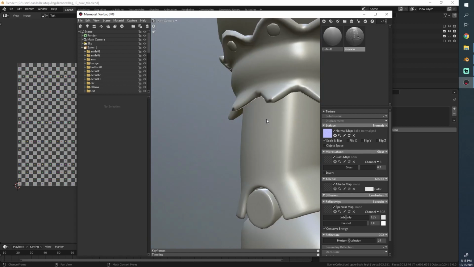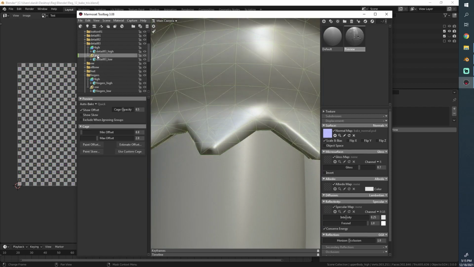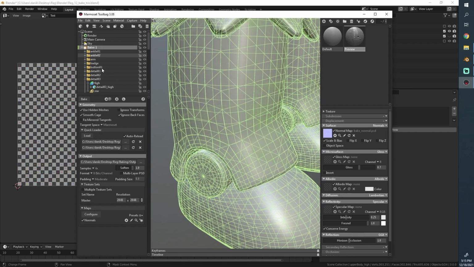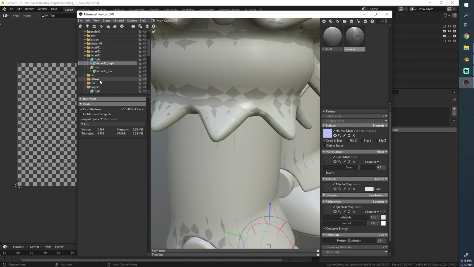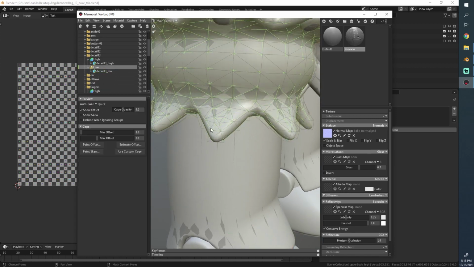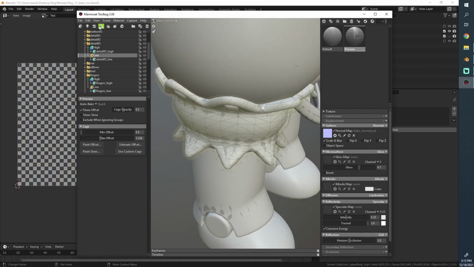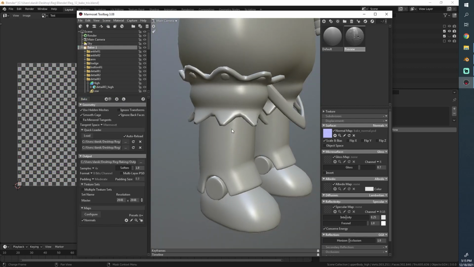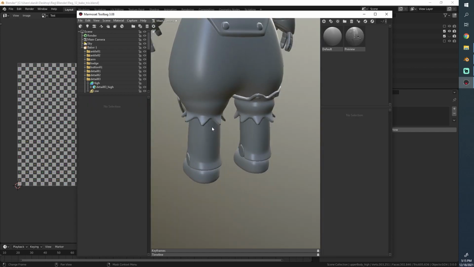And there's one more artifact down here I noticed. Here this part isn't being baked properly, so we need to select this, go in here, and you'll notice that if we enable the high-res model, the cage for that doesn't really include the tip here, so we need to scale this up a little bit more to include that tip. Bake one more time, like that,